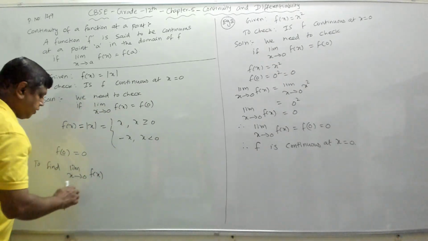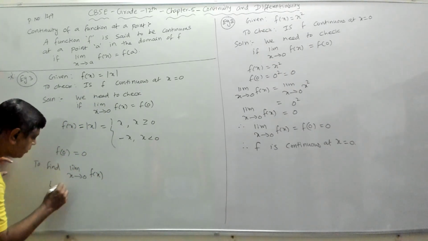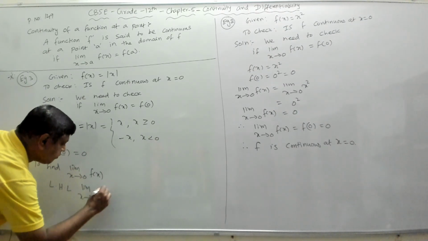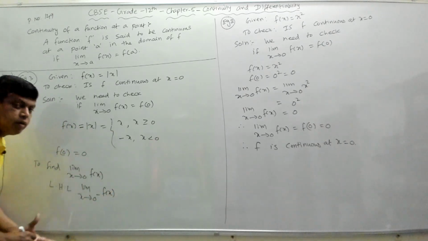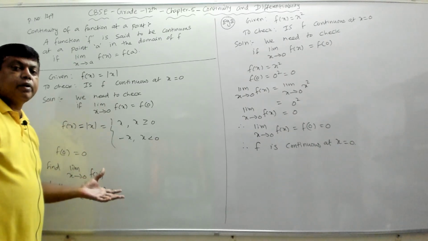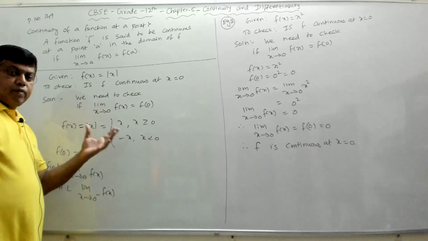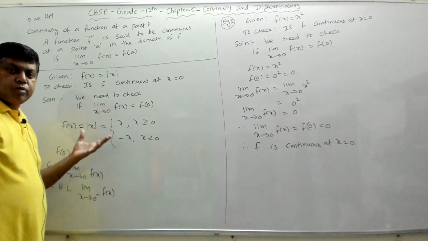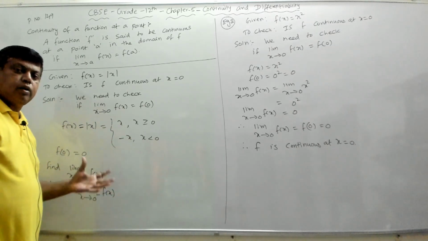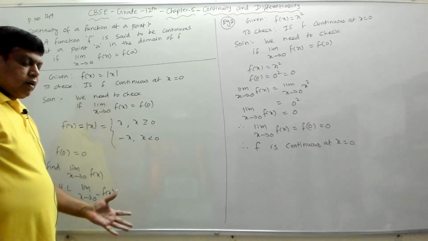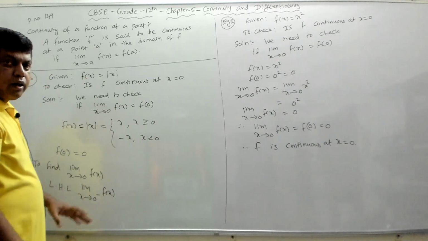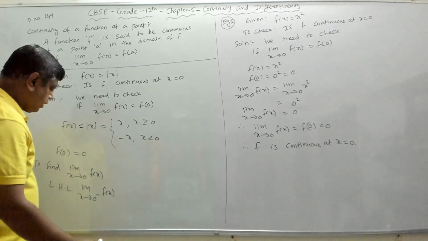So now let's find the left hand limit of this. Left hand limit is what? Limit x goes to 0 minus f of x. I explained in detail in my previous video how to find the left hand limit and the right hand limit. Even in the 11th standard, you would have studied the concepts of limit. So that's why I'm not going into detail to explain this again. You can watch my previous video, the introduction video for this chapter, so that you will understand what the left hand limit and right hand limit are, and all that.